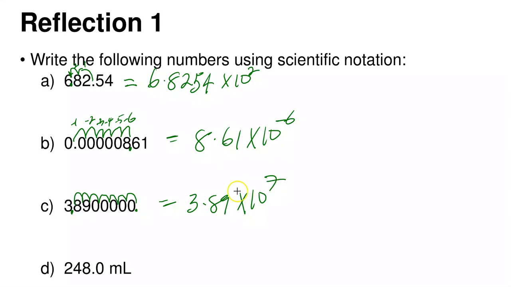And finally, the last one here, the standard position is here. So we're going to move it this way to the left, and we're going to return all the digits. Here, there are 4 digits. Because of the decimal place, we're going to move it 1, 2. So this is going to be 2.48